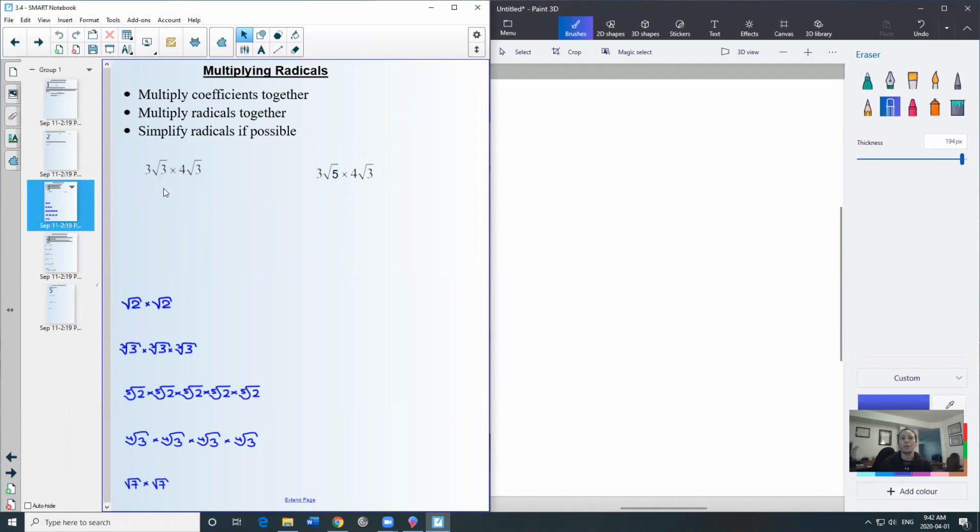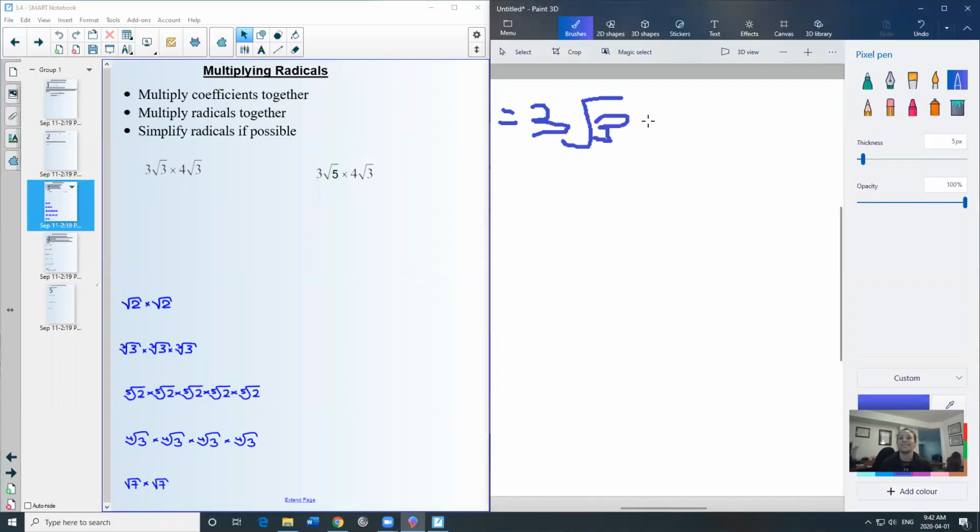I've got 3 root 3 times 4 root 3. My coefficients are 3 and 4. And my radical parts are root 3 and root 3. So we're going to multiply root 3 and root 3. And we're going to multiply 3 and 4. Okay, so let's do this on this side. Okay. So 3 root 3 times